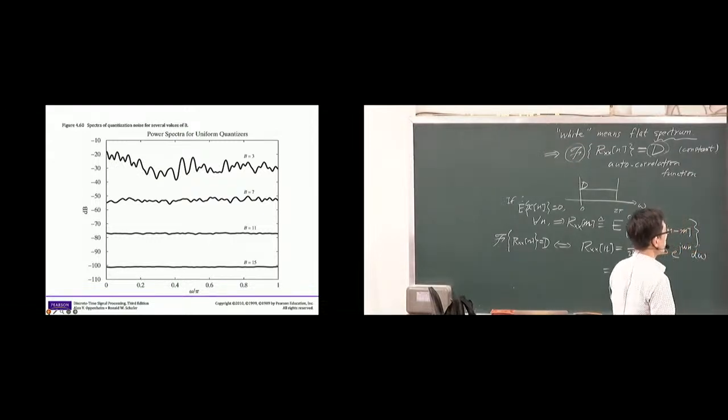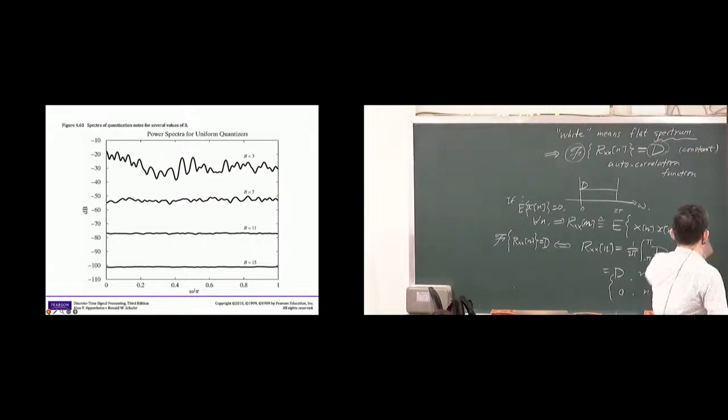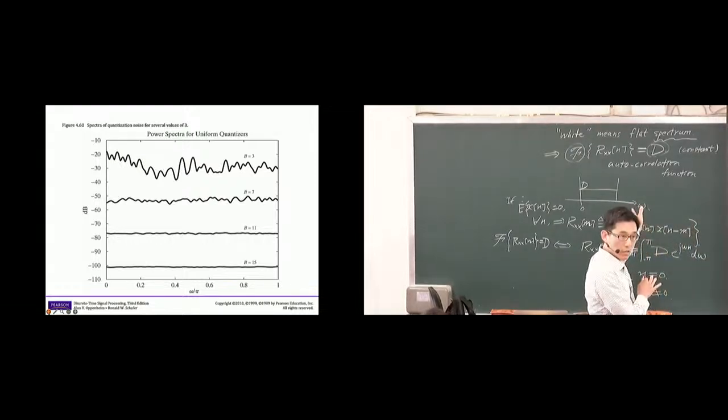But now we can take a look. These things can really be computed and plotted. From your signal, you estimate the expected value, estimate your autocorrelation function, and then perform the Fourier transform. That's how we plot it. These things can all be computed.